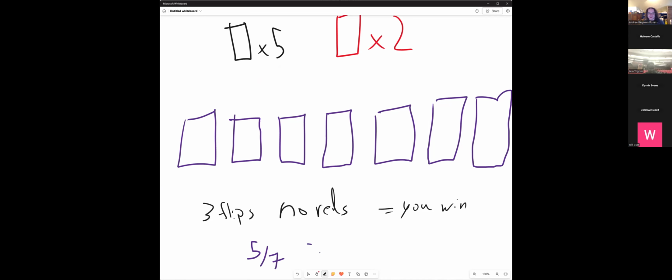That's more than 50, right? That's a greater than 50% chance. In fact, the next flip of the card, right? Well, let's assume you don't flip anything over. That means that you've got a 4 in 6 chance of getting it right. And the next card, you've got a 3 in 5 chance of getting it right. 3 flips, each greater than 50% chance. I mean, that's pretty good odds for you, right? Right? So my question is,